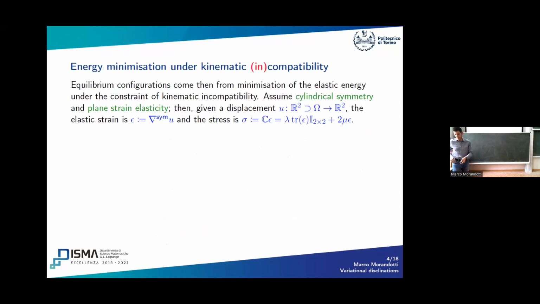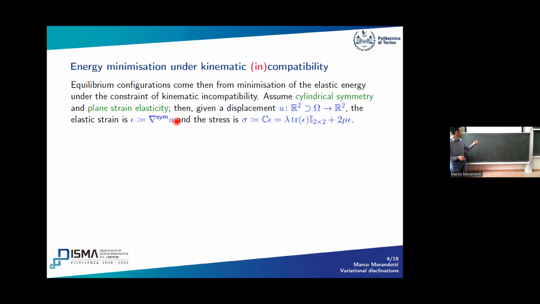So all the deformation is going to be described by a displacement u, which is a field, and sorry, which is not a field. It's something that takes values from a subset of R^2 into R. It just describes the motion in the third direction. And then, no, it is, sorry, I got confused by the notation. It is a field here. It goes into R^2. Okay, so then we take the elastic strain, which is the symmetrized gradient of the function u, and then we associate with it the stress.